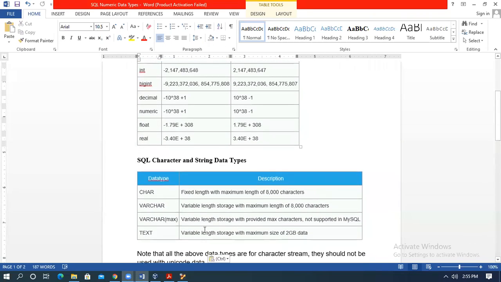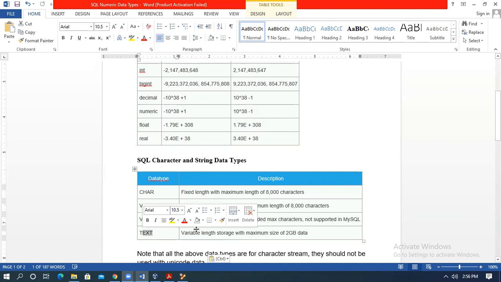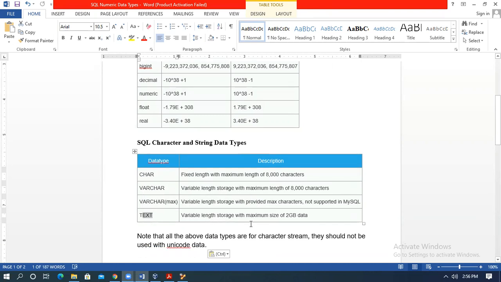For character and string, char is a data type, varchar is a data type, varchar max is a data type, which is variable length storage providing max characters, but this is not supported in MySQL. Varchar 2 is supported in MySQL. Text is variable length storage with maximum size 2 GB.